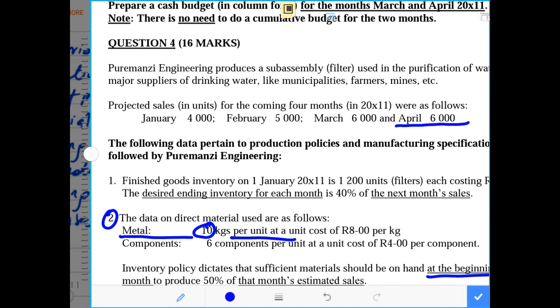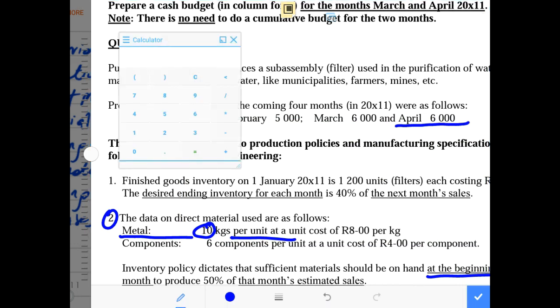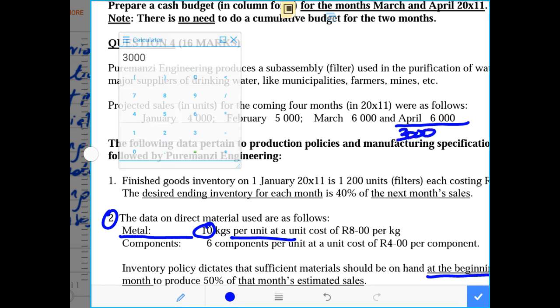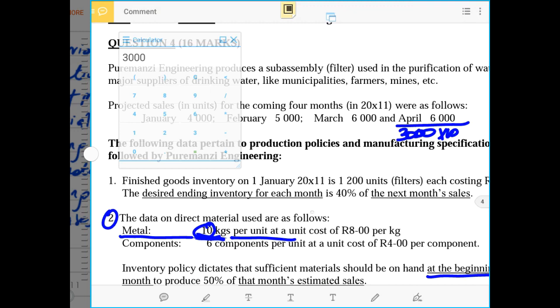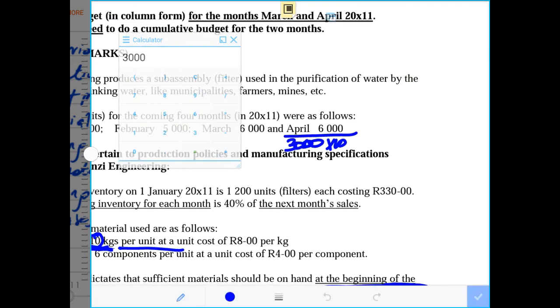And we know that 50% is the 6,000 times by 50%. And 50% of that, it is 3,000. Therefore, now if it's 3,000, we have to multiply that by the kgs for the material called metal. We multiply that by 10 and this will give us the total of 30,000 kgs. So now these are the kgs of metal that are needed in the beginning of the month of April